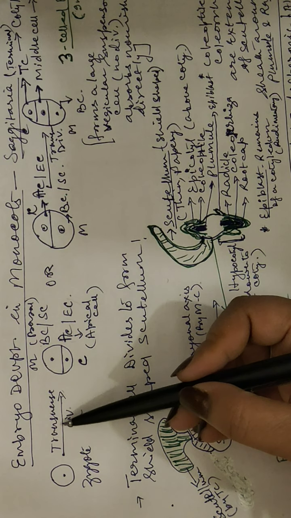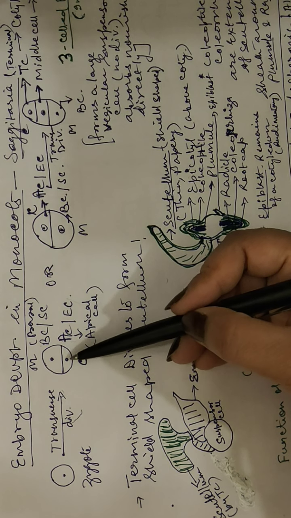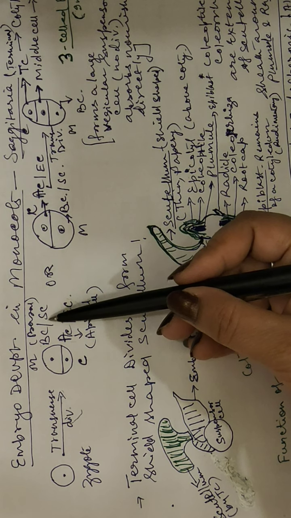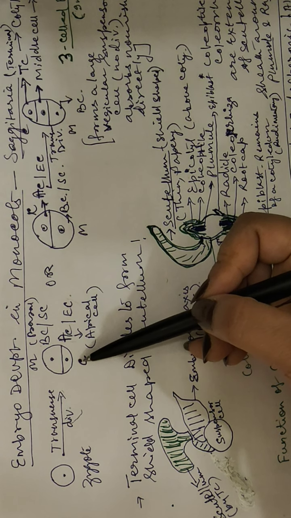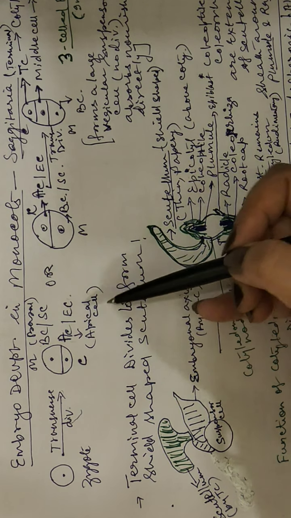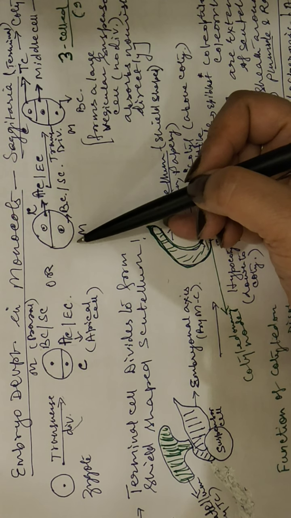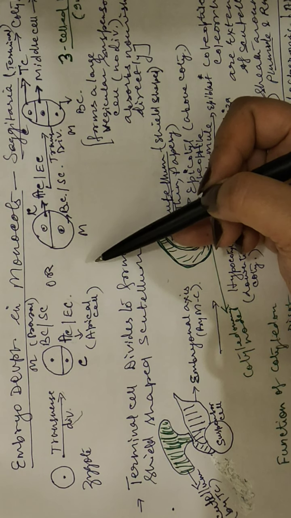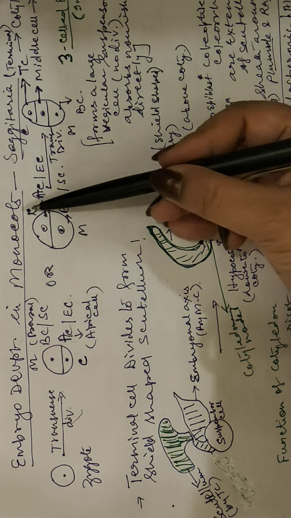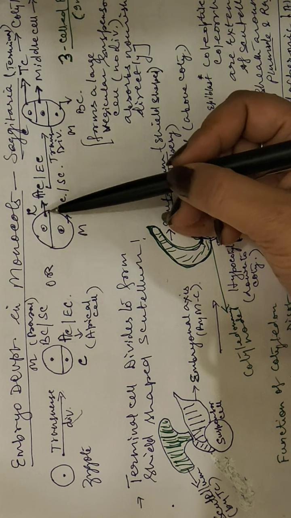The zygote divides as usual by the first transverse division, and it forms two unequal cells. As you can see, towards the micropyle is a basal or suspensor cell, and towards the chalaza is the apical or embryonal cell. We could draw this opposite because most of the time the ovules are anatropous and we can see the micropyle down. So this you can see is the basal cell or suspensor cell, I am drawing towards the micropyle, and the apical or terminal embryonal cell is towards the chalaza.